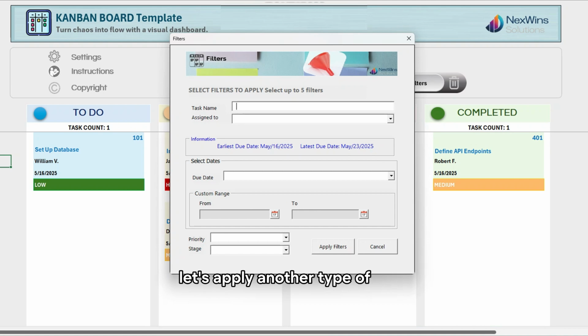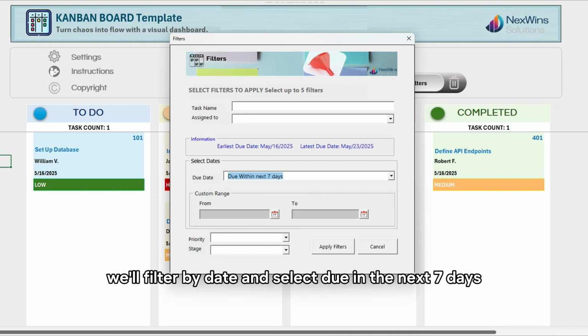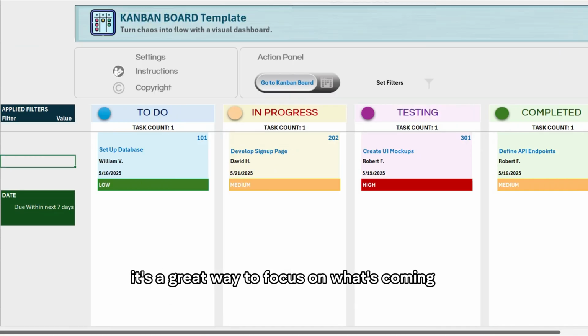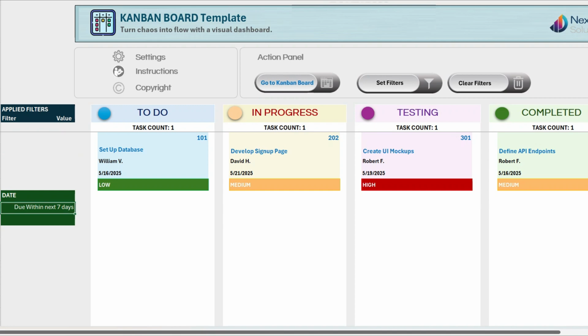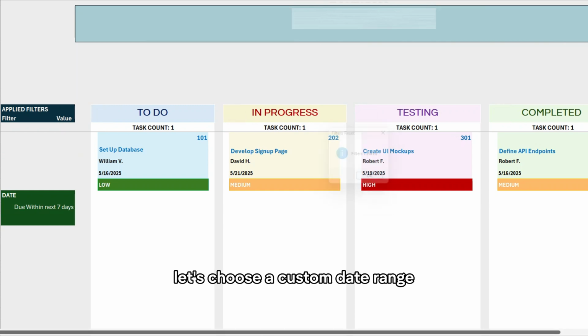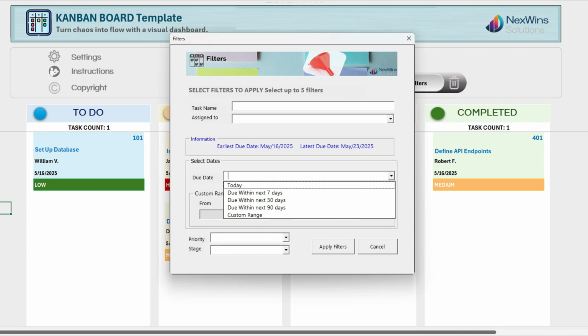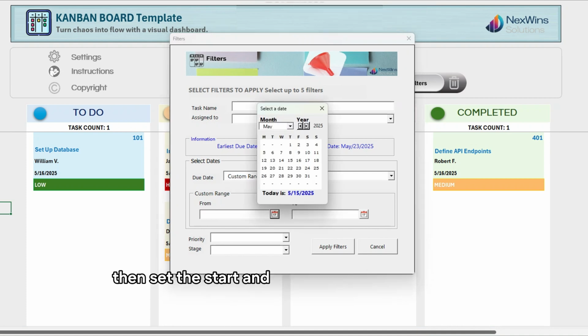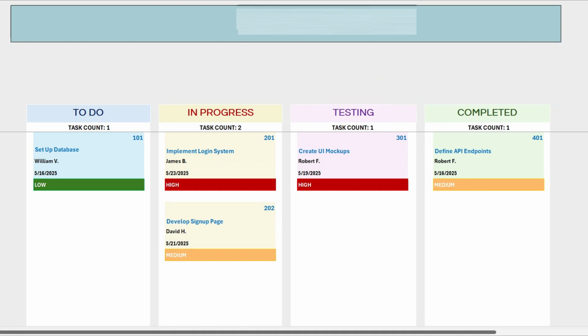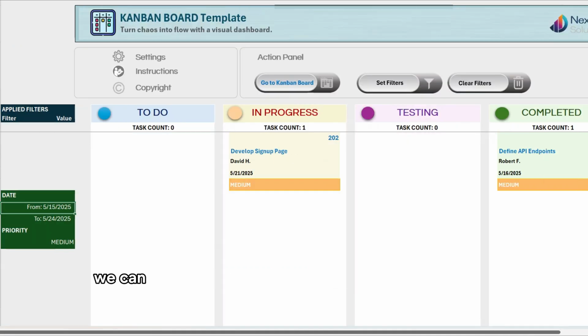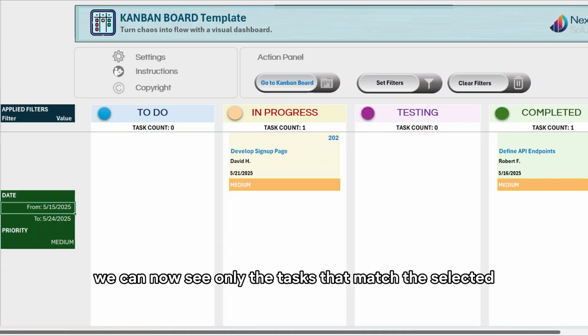Let's apply another type of filter. This time, we'll filter by date and select due in the next 7 days. It's a great way to focus on what's coming up and prioritize your team's tasks effectively. Let's choose a custom date range. Select Custom, then set the start and end dates you want to filter. Now, let's add a filter for priority. Once the filters are applied, we can now see only the tasks that match the selected date range and priority